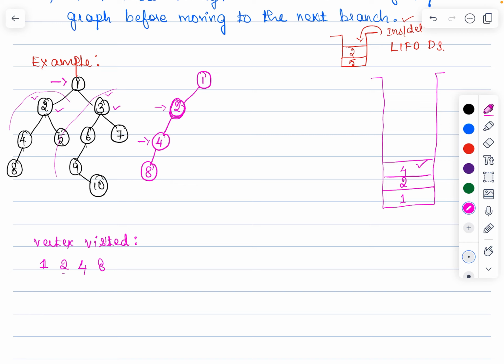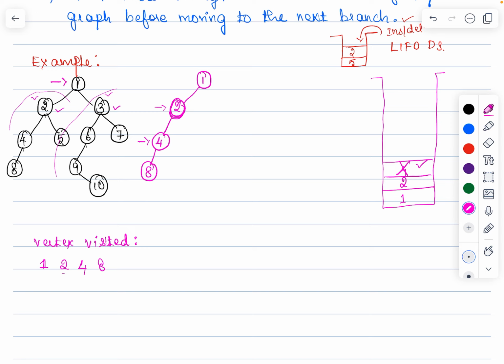Under the vertex 4 there was 8, and 8 doesn't have any child node, so no other option. It has to move back to the previous state and look for any other option other than 8. So you just pop out the top element from the stack. Now if you look into the stack, there are only 2 elements in the stack, 1